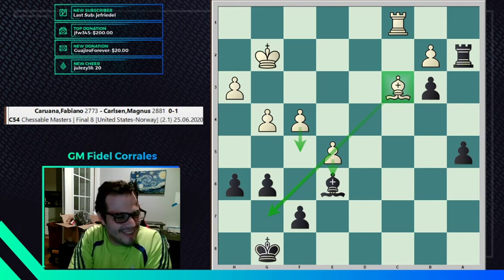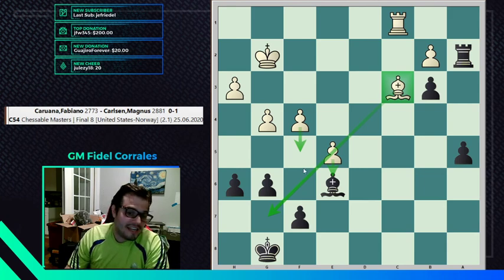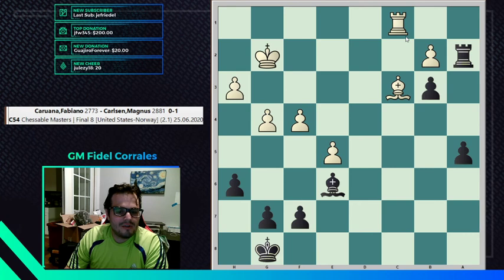Fabiano f5, g takes e6. No, too much. Yeah, no, that's a good idea, but that gives up too much. Two pawns too much. You're not gonna make me or anything. Here we go. Another who likes rook d1,